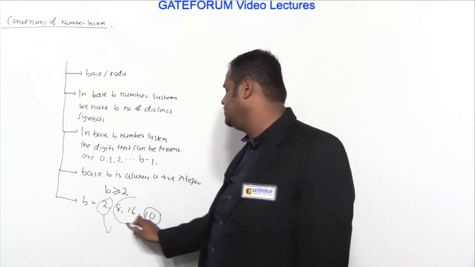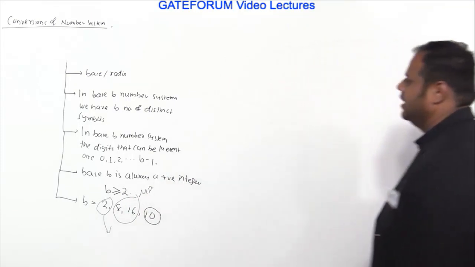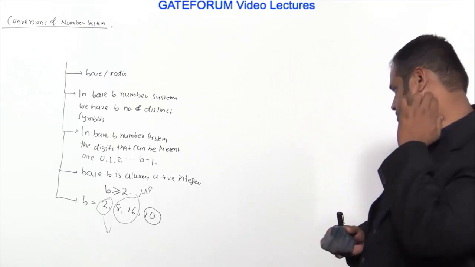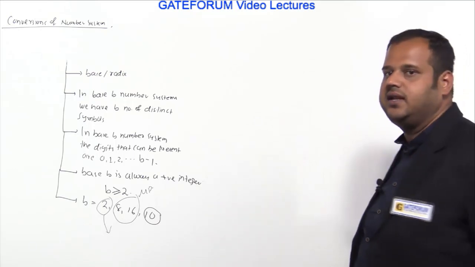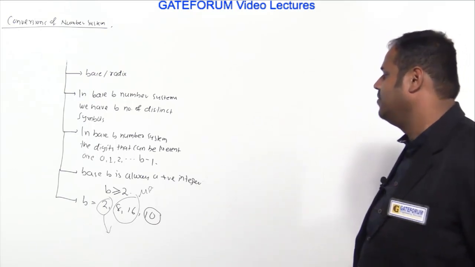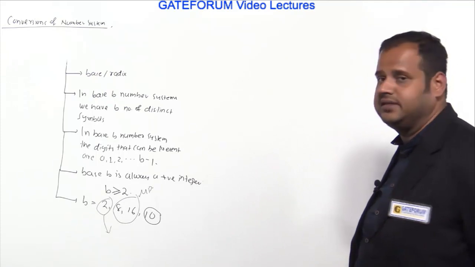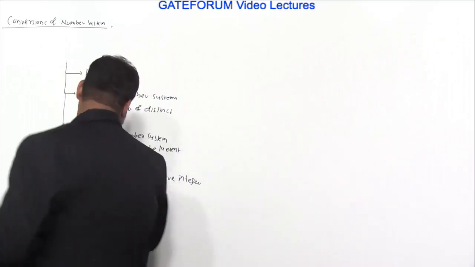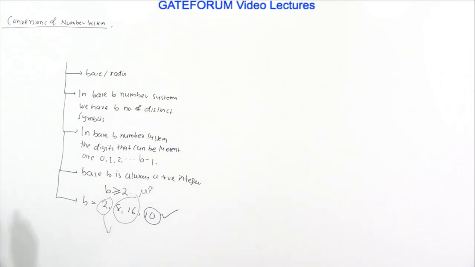Base 8 and 16 are generally used in microprocessor applications. Because if you see the actual codes in assembly language forms, 0, 1 is not convenient to handle. So that's why we go for base 8 or 16. The 8085 and others support 16, but initially there were some processors designed with the base 8 number system, but nowadays it is 16 itself. So these are the popularly used number systems. Because we are always comfortable handling base 10 numbers, we will be taking base 10 as the reference in many cases.